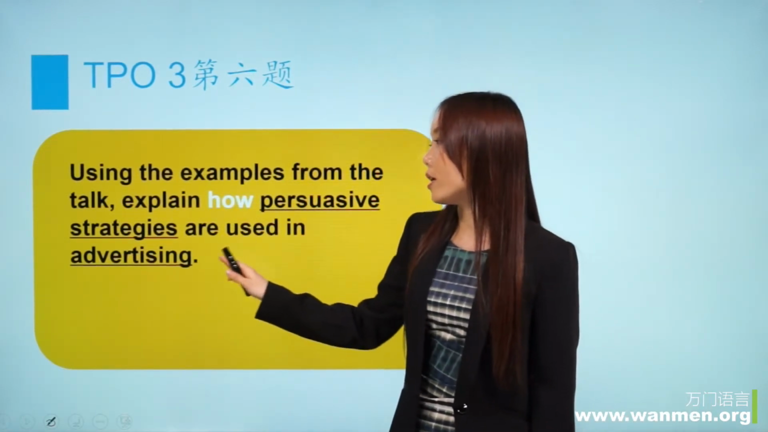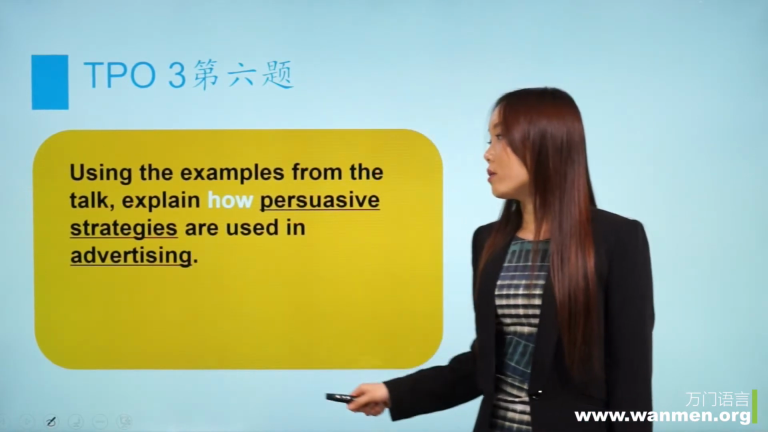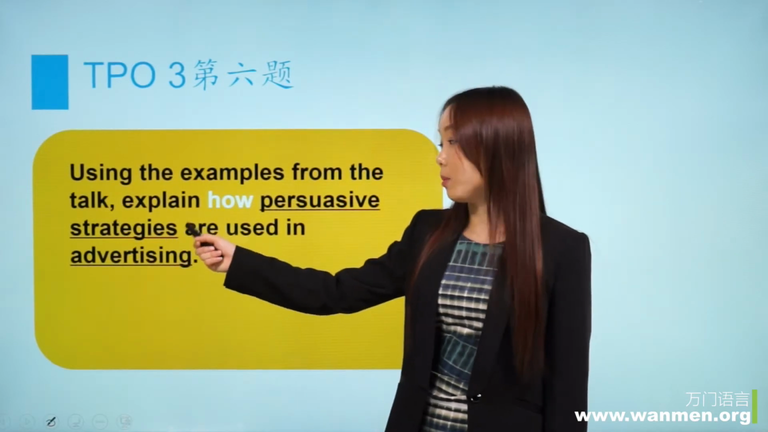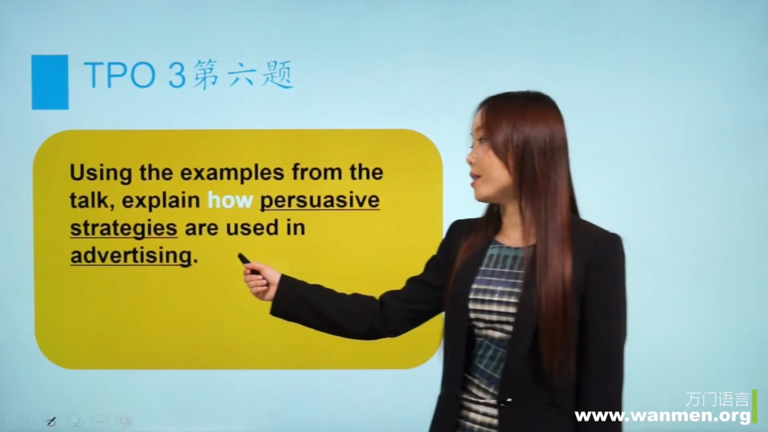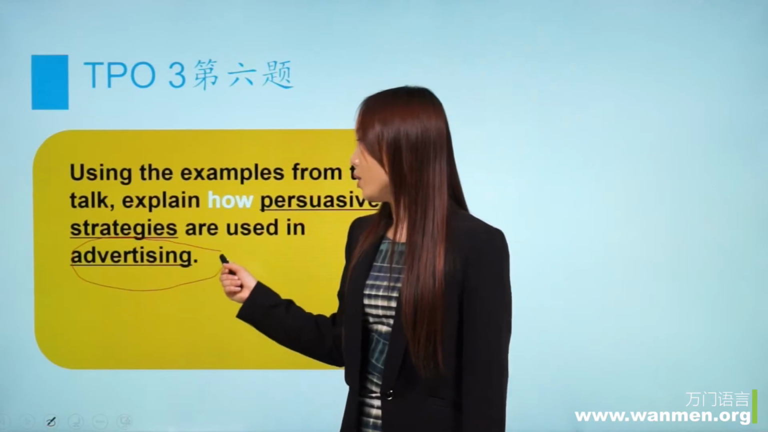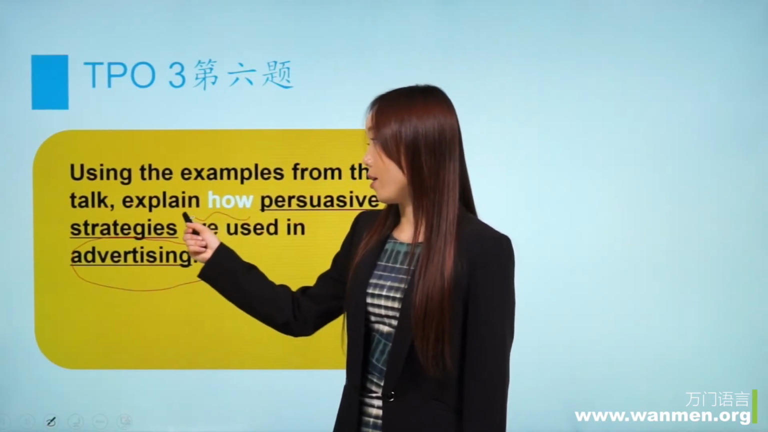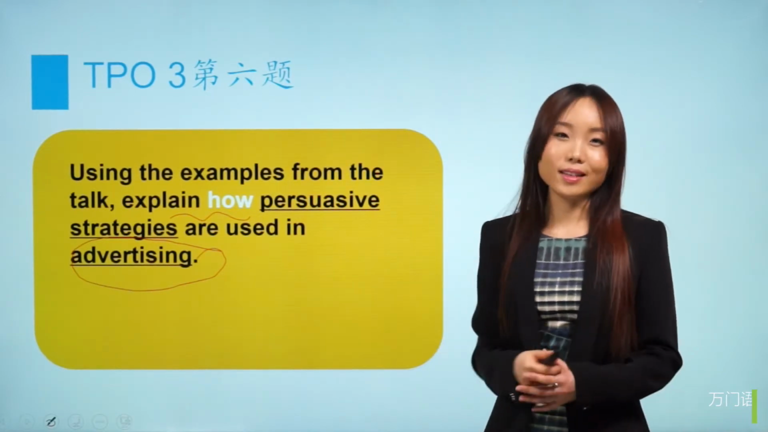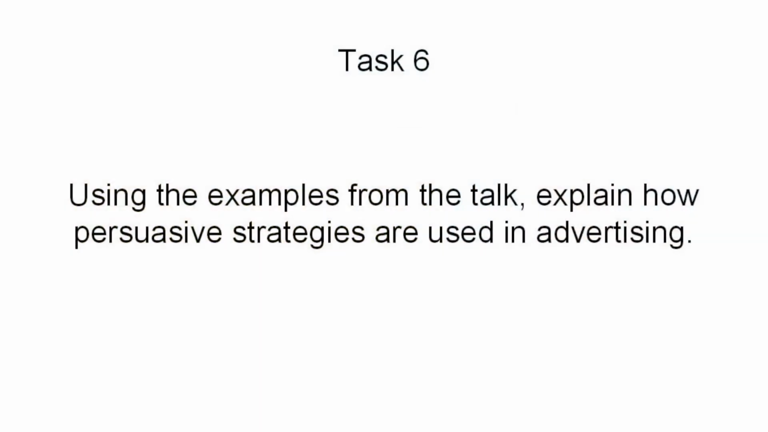我们来看一下第3套题的第6题。Using the examples from the talk, explain how persuasive strategies are used in advertising. 首先抓住一些关键词 persuasive strategies，这是什么？我们一定要听明白，而且在 advertising 里面是怎样利用的，我们要把这个 how 一条一条的举出来。所以了解了题的内容之后，我们先听一下听力。